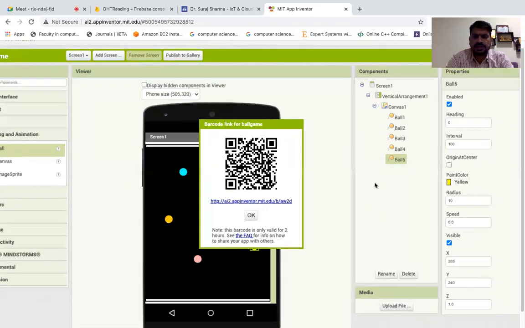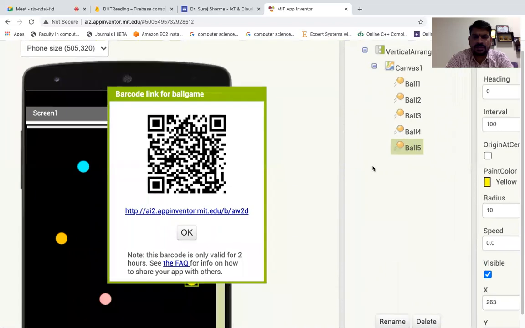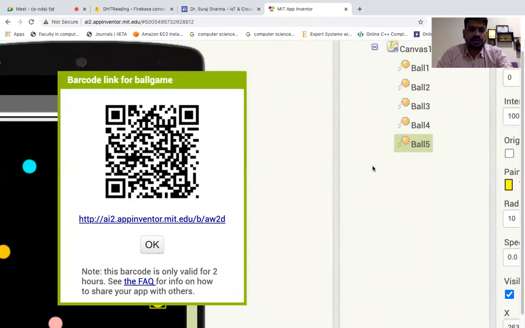Okay, so the screen is ready. As you can see, you can scan it. It is asking for the download. I'm downloading it.